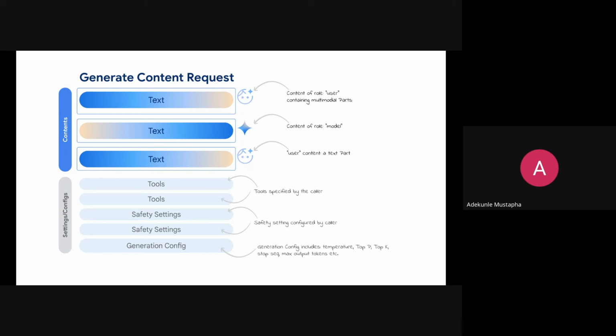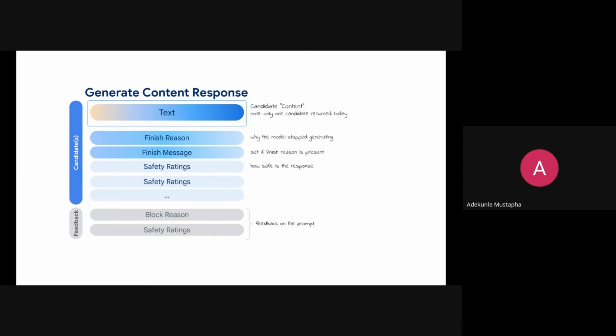You can set the safety settings for your model. Maybe you don't want explicit content to come back as feedback. You don't want harmful content. You don't want dangerous content. All this can be toggled under the advanced settings in AI Studio, and depending on the kind of exposure you want the responses to give, you can set that. The last one is the generation config, which I've briefly talked about: the temperature, the top P, the top K, and how you set the sequence of the output tokens. I'm going to share a link where we can read more about this along the line.